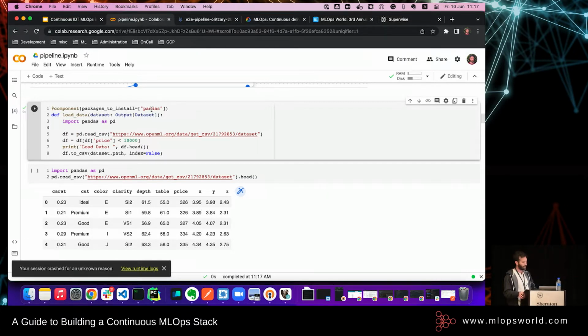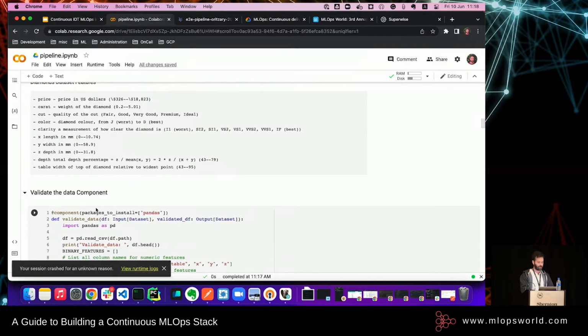So it will pip install pandas, and you can give it a few more arguments, such as the image that you want to use, if it's a simple Python image or Alpine and so on. And you can also tell Kubeflow to export or to write this function as just one JSON and not as part of the full pipeline. And I'm just thinking right now that maybe I'll stop here and show you the actual implementation of the pipeline, and then I'll go back to explaining this step because I think it's too abstract right now.